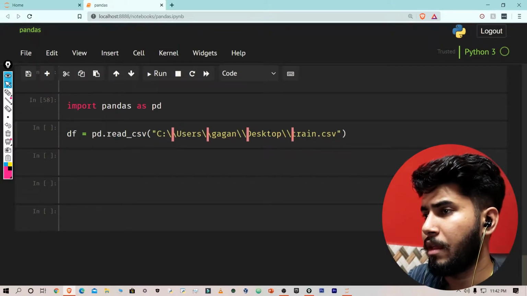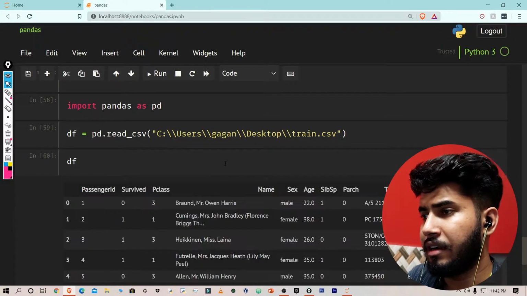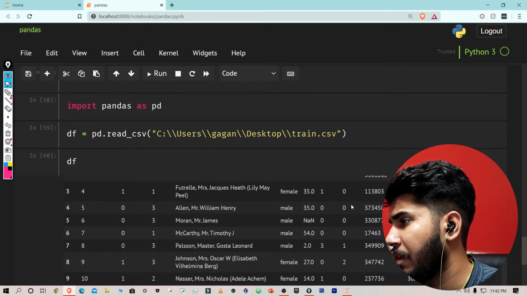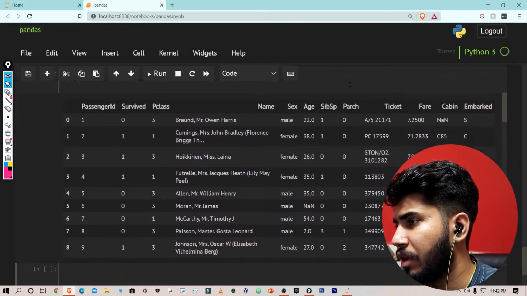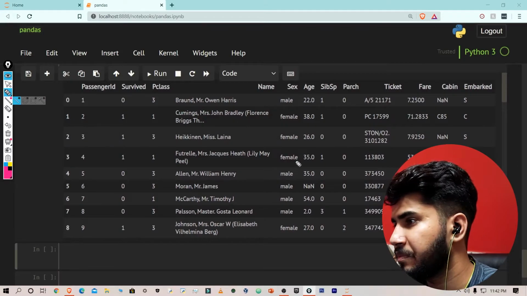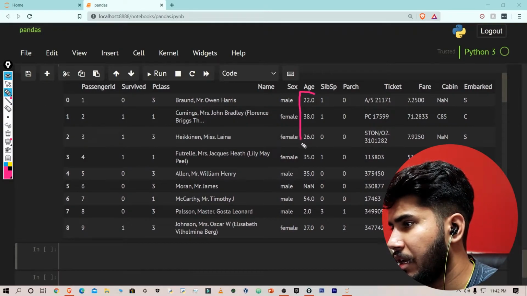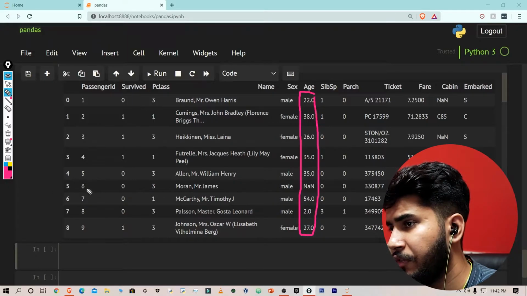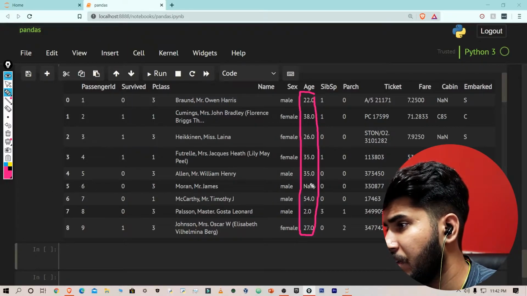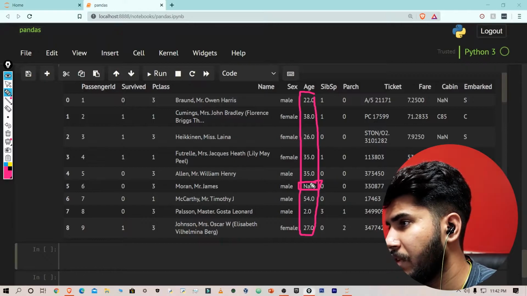Okay, so we have our df here, and I am going to take the example of age. As you can see in this data, this is the age, and the sixth person doesn't have an age in the data.